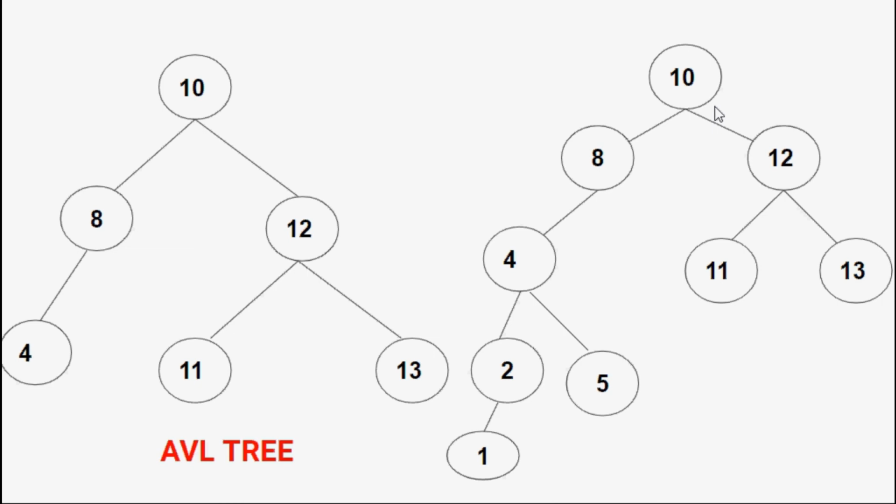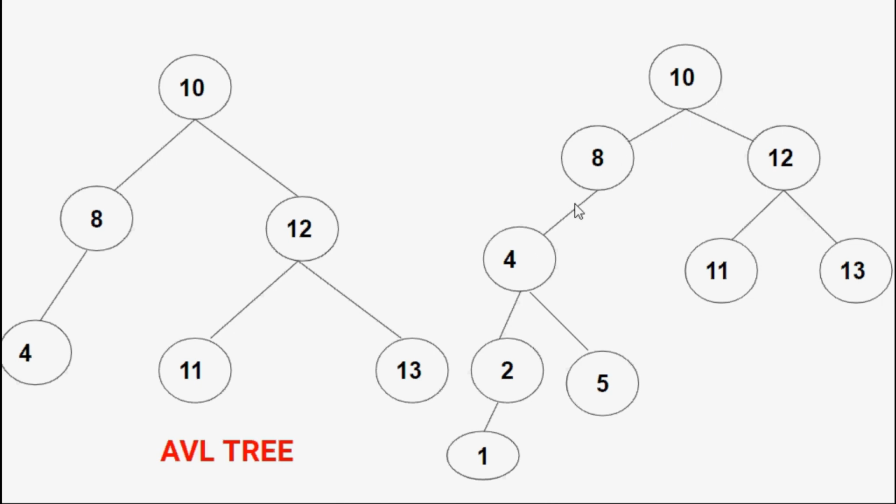First of all, it is a BST. Yes, it is a binary search tree because it fulfills both properties of a binary search tree. Second was the balance factor. Now let's calculate the balance factor of 10. The balance factor is based on the longest path to reach the leaf node. Now what is the longest path to reach the leaf node? This is 1, this is 1. 1 plus 1 is 2, 2 plus 1 is 3, 3 plus 1 is 4.